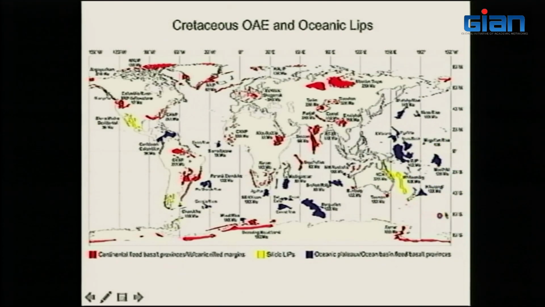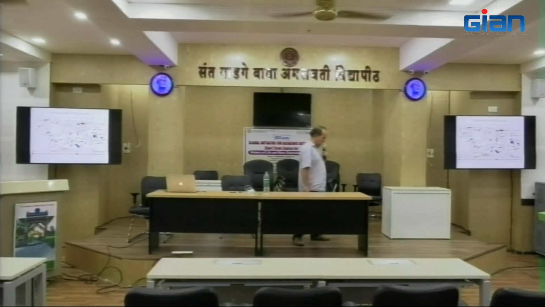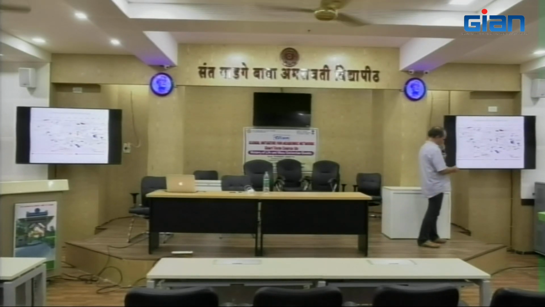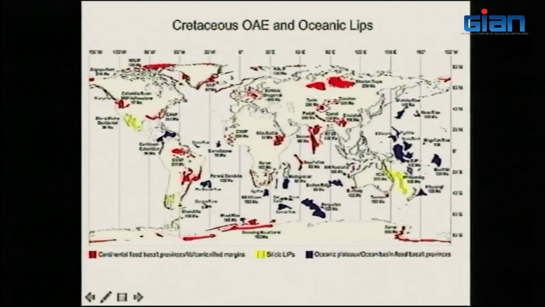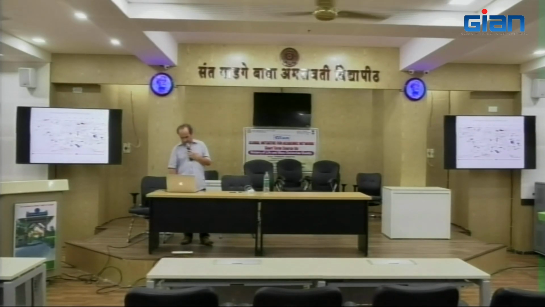This is like a continent, if you want, a submarine continent made of basalt, which was erupting mainly during the Aptian, Albian, and partly up to the Turonian. So there is a huge coincidence between the submarine basaltic flow and this oceanic anoxic event, which is clearly quite interesting. And the main ones are, as I said,